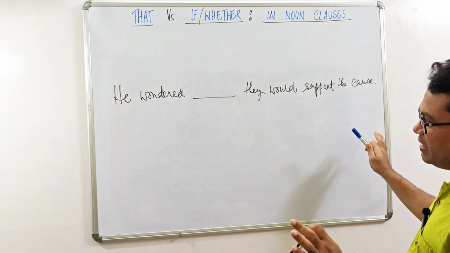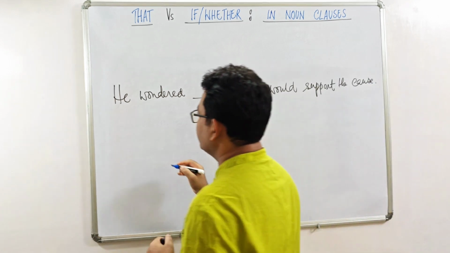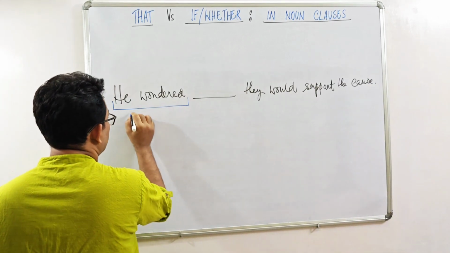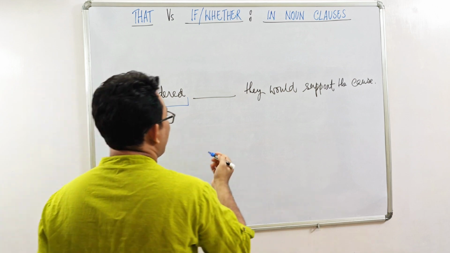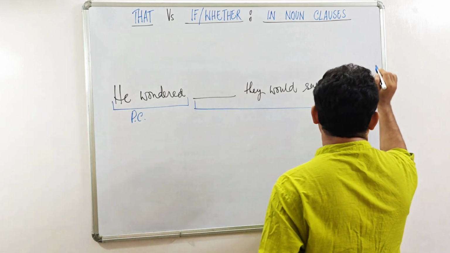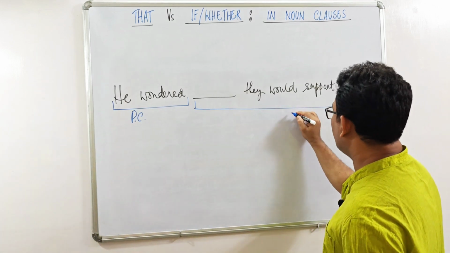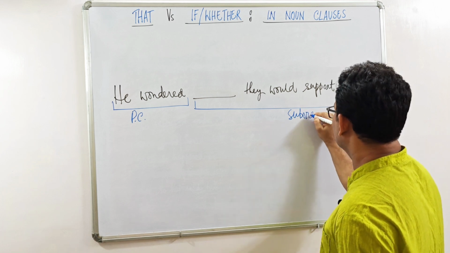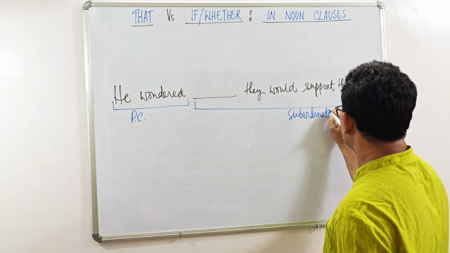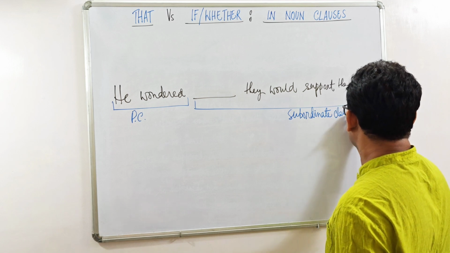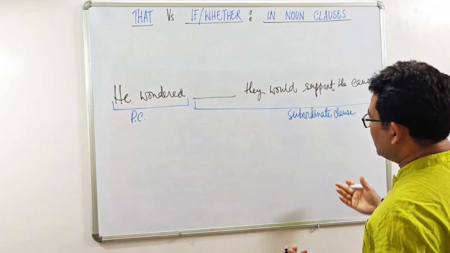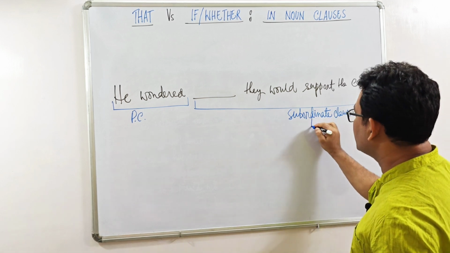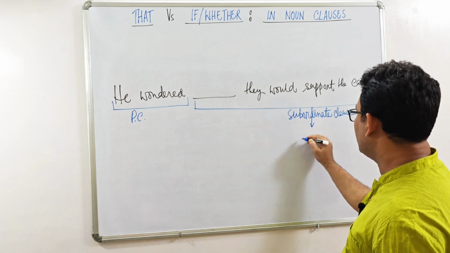Now it is a complex sentence. This is the principal clause, and here the rest of the part is going to be the subordinate clause. Now this subordinate clause is also a noun clause,